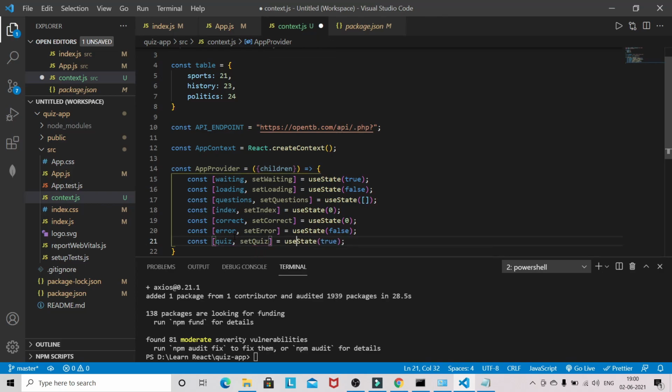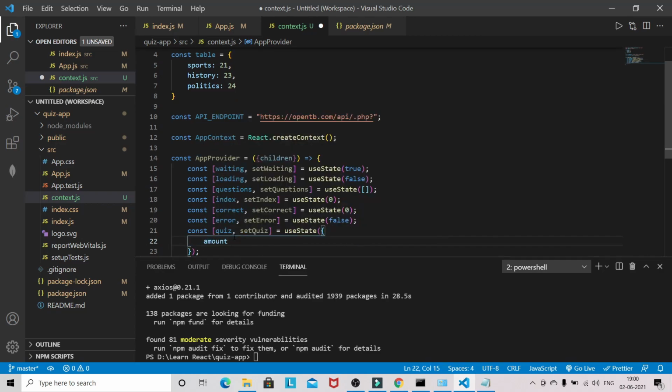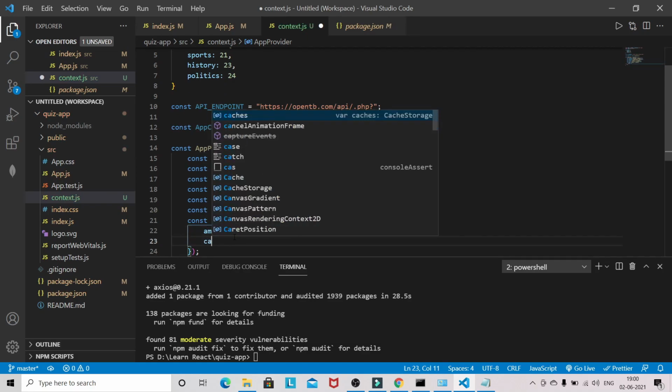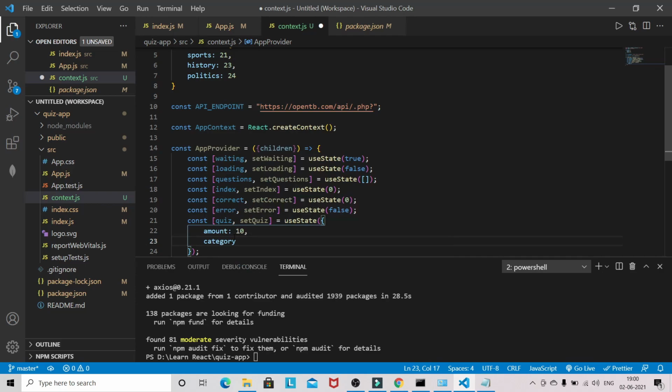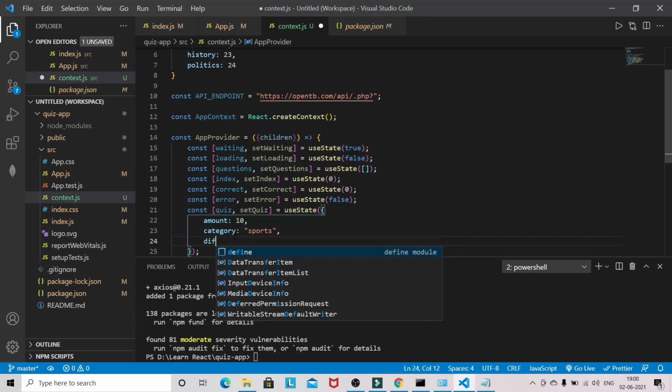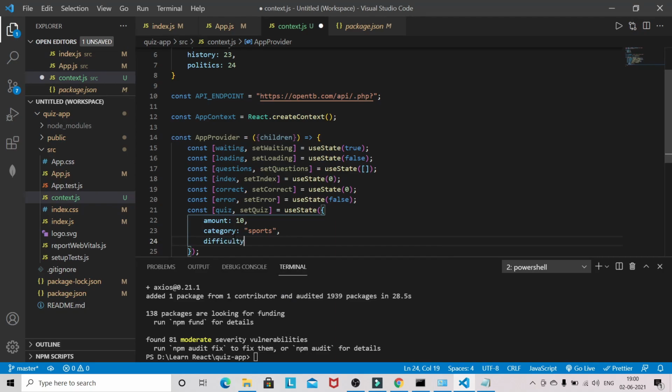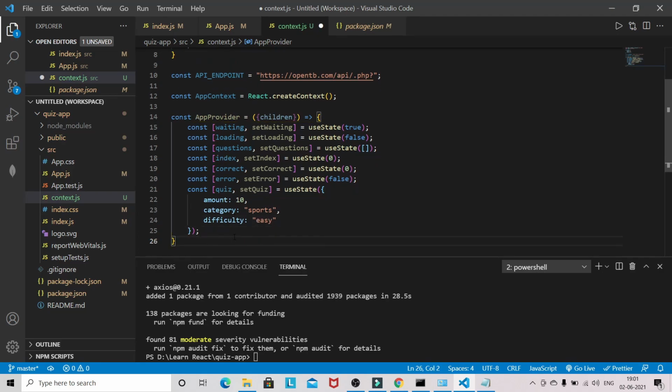Set quiz, and this will be an object. So the initial state we will give: the number of questions will be 10, category is going to be sports, and difficulty is going to be easy. So this is the initial state.